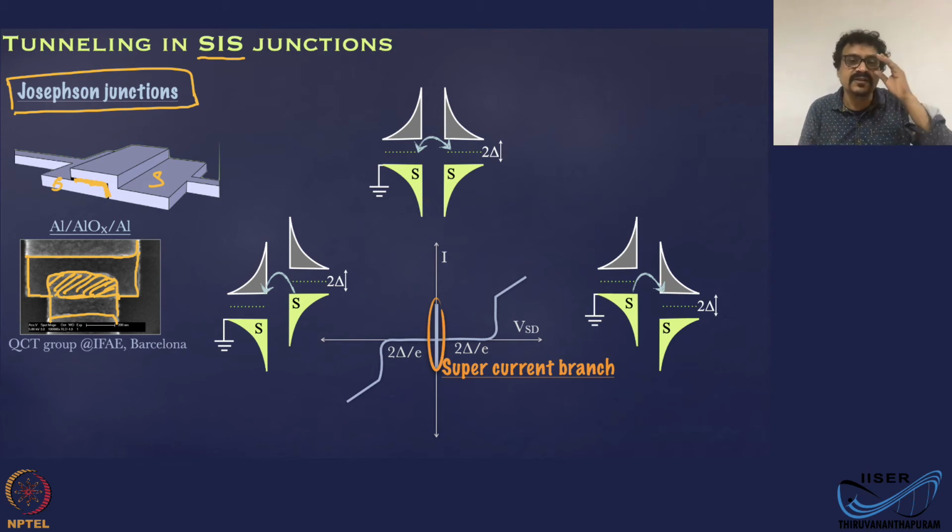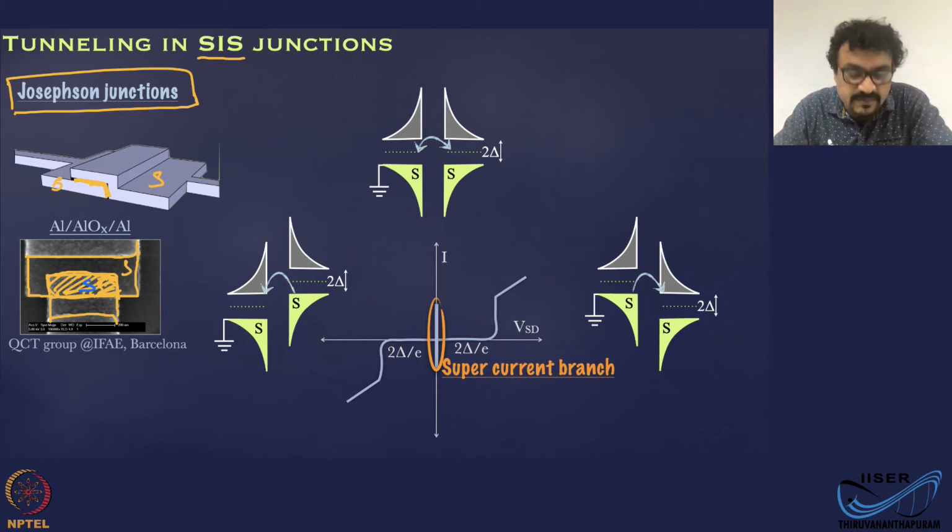In either case, what you need is an intermediate oxidation stage, which will give you the insulating region in the middle. So in this case, you have an aluminum oxide region, a junction in the middle. So this is your superconducting junction: superconductor, insulator, superconductor. The second superconductor is here. Now let's discuss the transport.